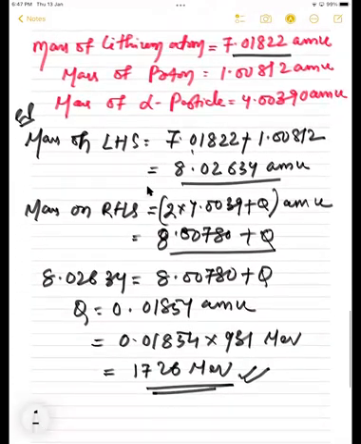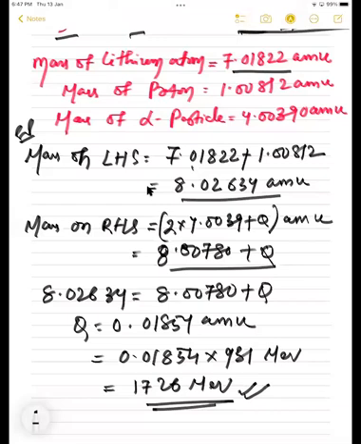All understood this? Yes, sir. So with these 2 examples, now you complete your NCERT questions, exercise, NCERT exemplar. Then, sir, 1 minute. Sir, mass of LHS